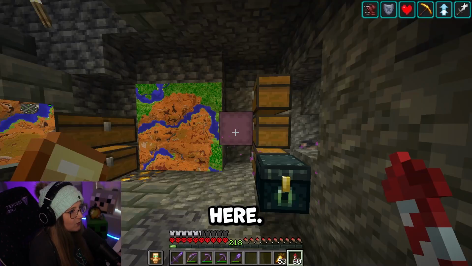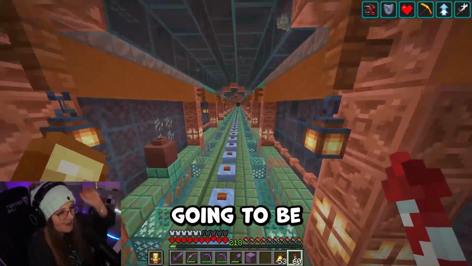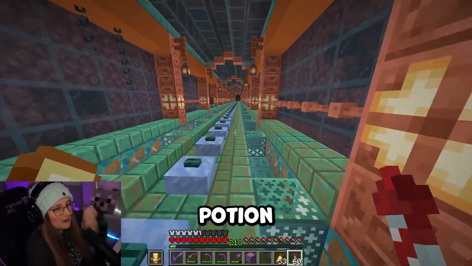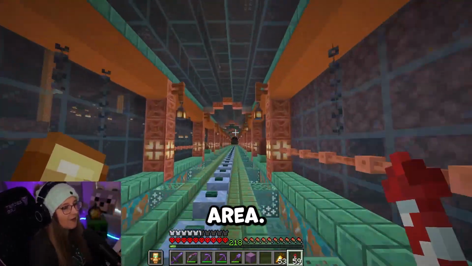Oh, what's in here? Ooh, okay. I was thinking a rack of test tubes, and that's going to be how you enter, through a gigantic test tube, and there's going to be big potion bottles and things all around it. I think that's going to be pretty cool. But that's my plan for that area. Now,